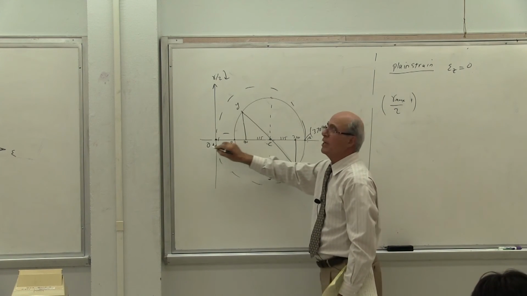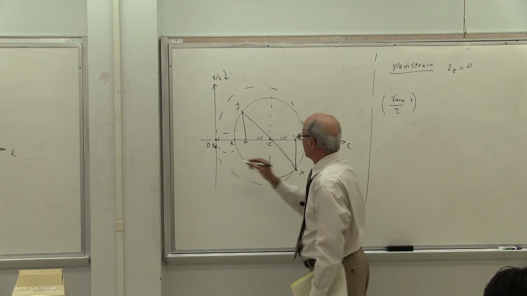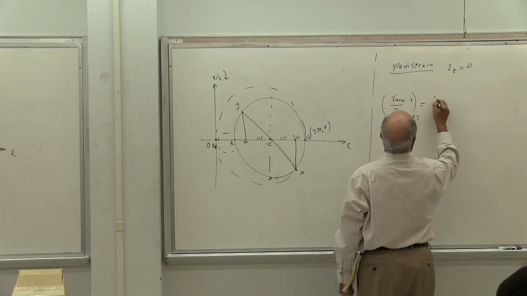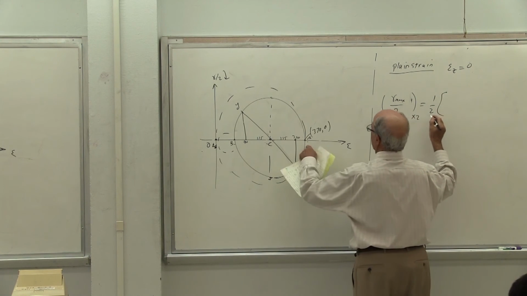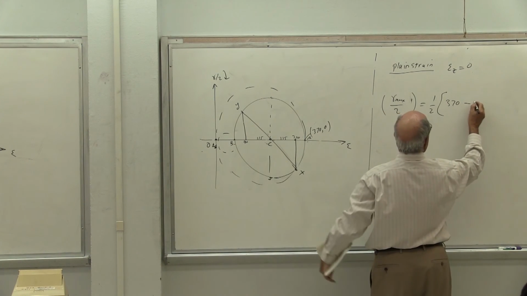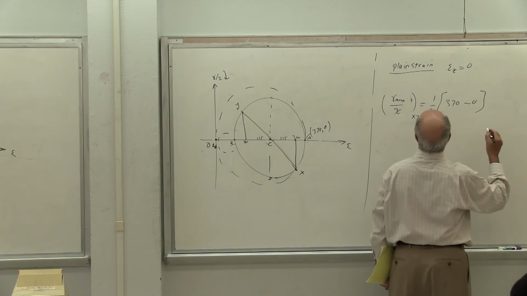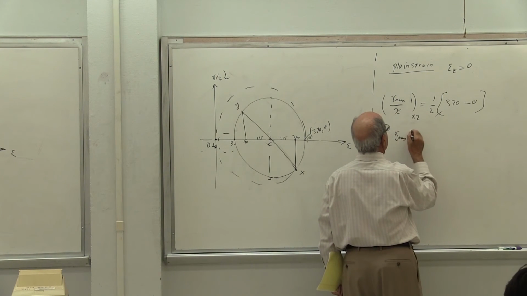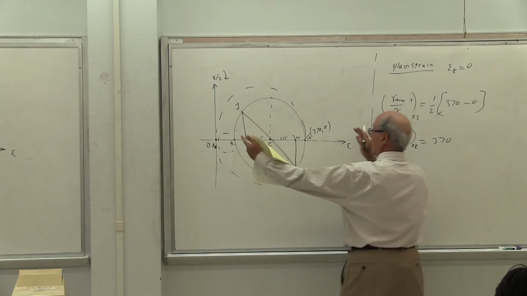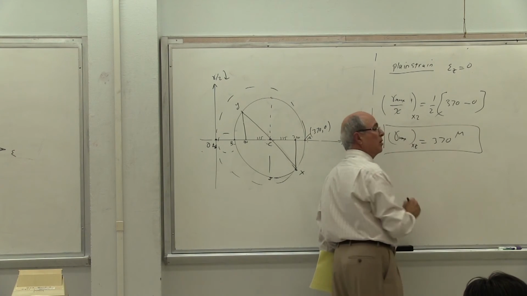It is x, y, and z, so it will be this circle, which is between x and z, that's right, which is out of plane and equal to 1/2 of epsilon max, which is 370, minus 0. Is that correct or not? Yes? And 2 and 2 drops out. So gamma max in the xz plane, which is out of plane, becomes the diameter, not the radius of the Mohr circle, and that is out of plane.